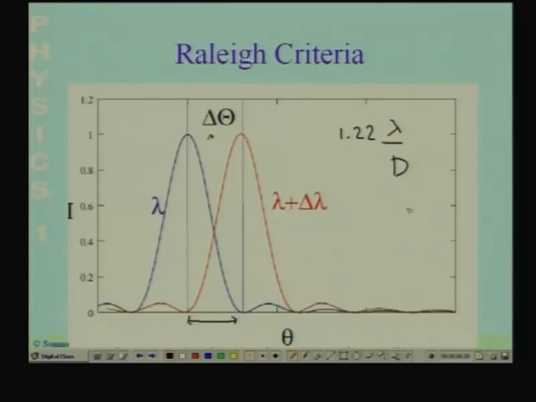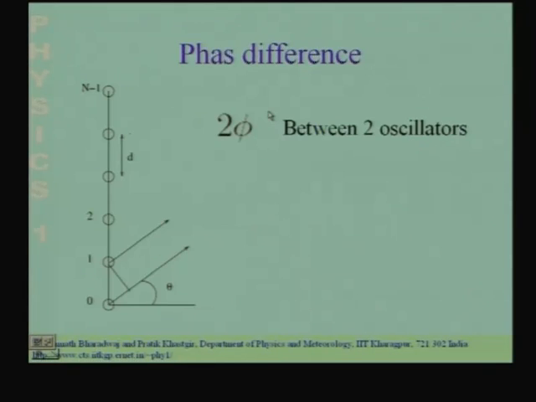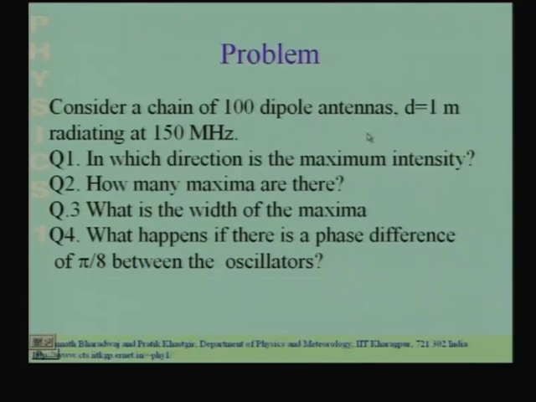Let me now give you a small problem and I will end the lecture over here. So, the problem is as follows. Consider a linear chain, a chain of 100 dipole antennas. So, each oscillator over there is a dipole antenna. So, in this picture, each oscillator is a dipole antenna and we have 100 such oscillators. The distance d between two successive oscillators is 1 meter and all the oscillators are radiating at a